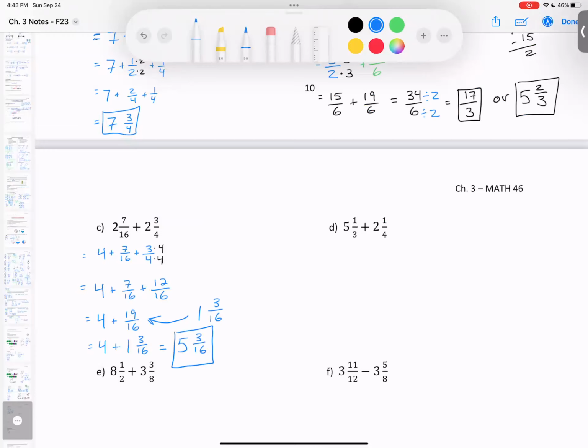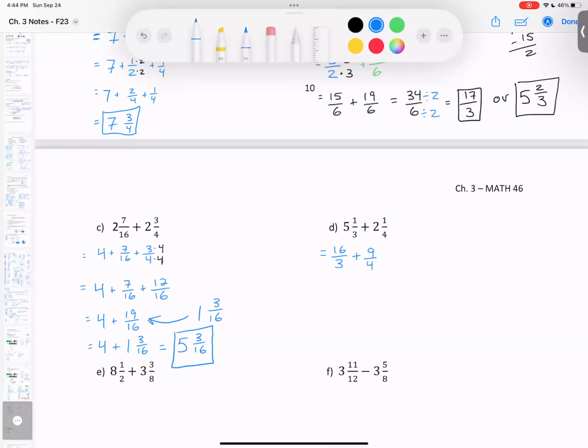And this here is why I really prefer to do method 2, because we had to convert to that mixed number in the middle. So let's try this next one with method 2. So I'm going to convert to improper fractions. So 3 times 5 is 15 plus 1 gives us 16/3. And then we're adding